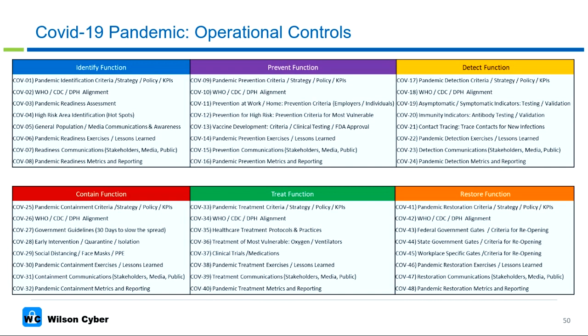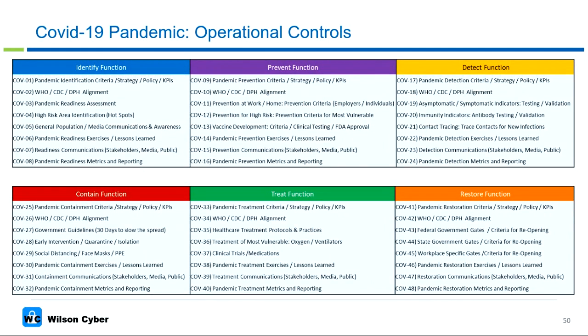across those different organizations. We have coming up with a pandemic readiness assessment, high risk notification, or the hotspots, general population, media communications and awareness, pandemic readiness exercises, lessons learned, communications to stakeholders, to media, to the public, pandemic readiness metrics and reporting. Under the prevent function, we have prevention criteria, strategy, policy, and KPIs that we are going to